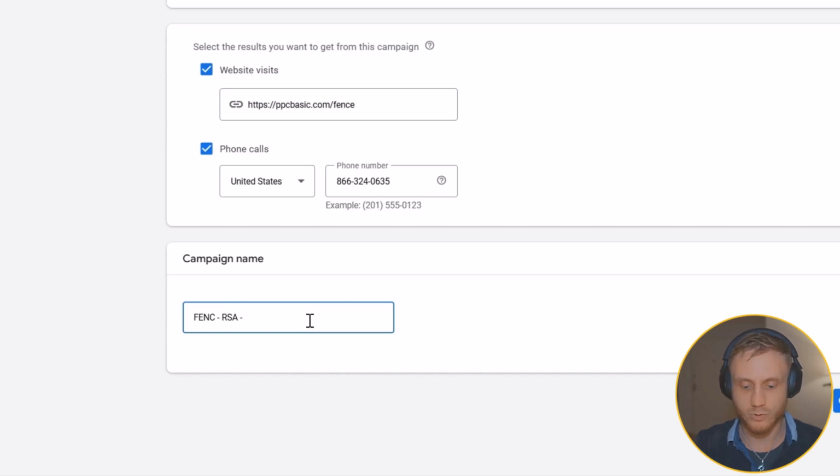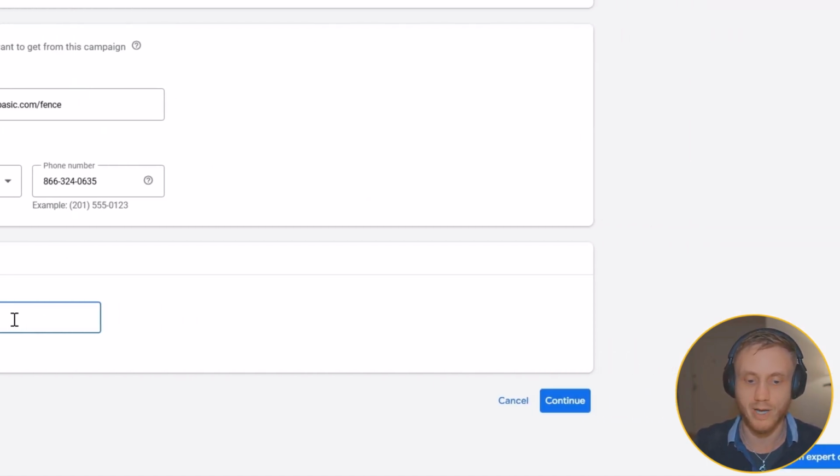And then we'll do max clicks. So what max clicks simply means is that we're not targeting a conversion. We're simply trying to get as many clicks as possible. When eventually you start getting conversions into your campaign, you can change it. But for now, just for starting off, we're going to go ahead and stick with max clicks